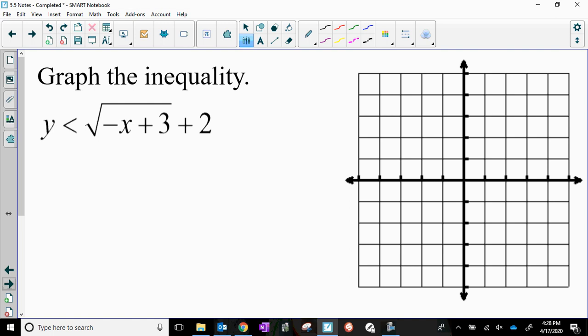So in this particular problem, first thing I'm going to note is that this is going to be a dashed curve because it's not equal to. The second thing I'm going to do is go ahead and rewrite the inside of the square root. I'm going to rewrite that radicand as -1 times the quantity x minus 3. So I see two horizontal changes. There's a horizontal